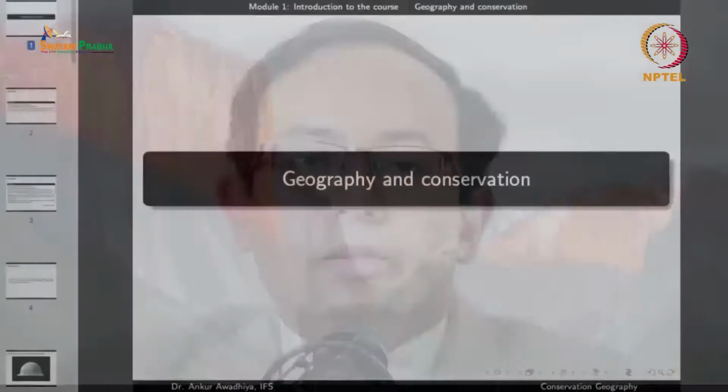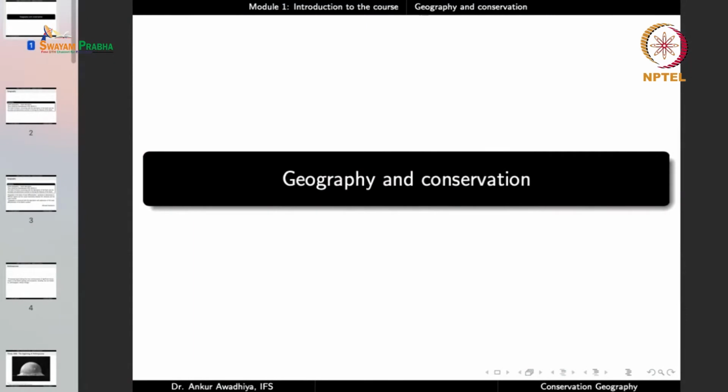Now, if we do not do something quickly, then we will lose out on a large number of our ecosystems. And with those gone, the ecosystem benefits that we receive from them, things like protection of soil, protection of our water resources, the provisioning of clean air and water, they will all be gone. And so now it has become very important to conserve the resources, protect whatever is left, otherwise we will lose them forever. Now the question is, how is geography related to conservation? And that is the topic of the current lecture, geography and conservation.